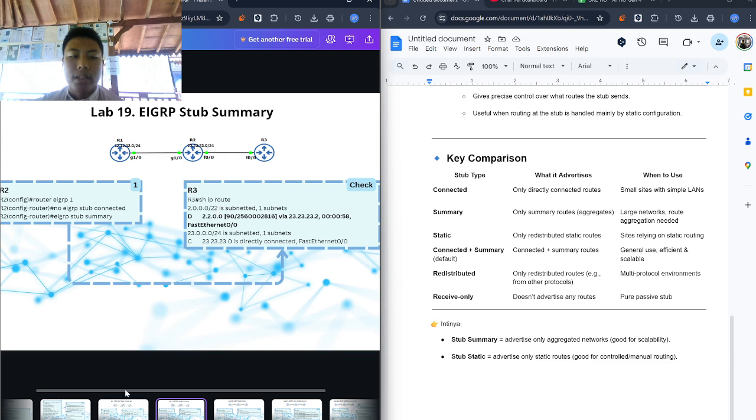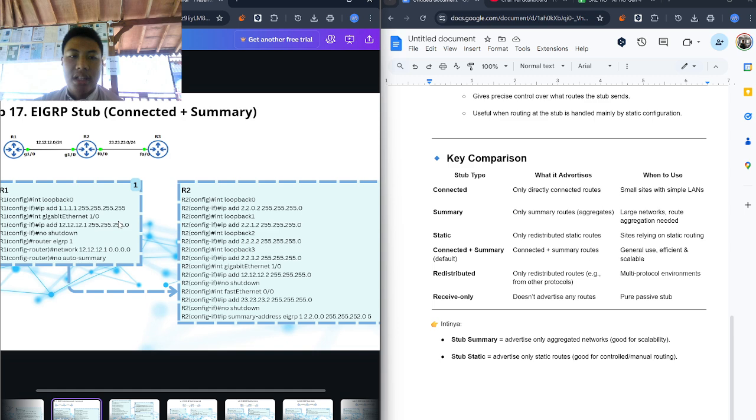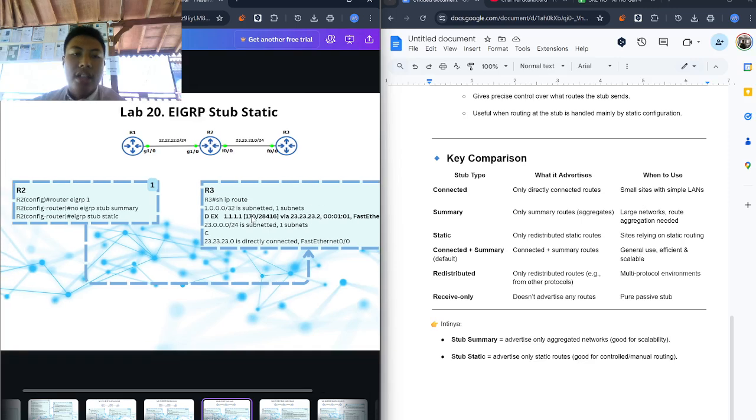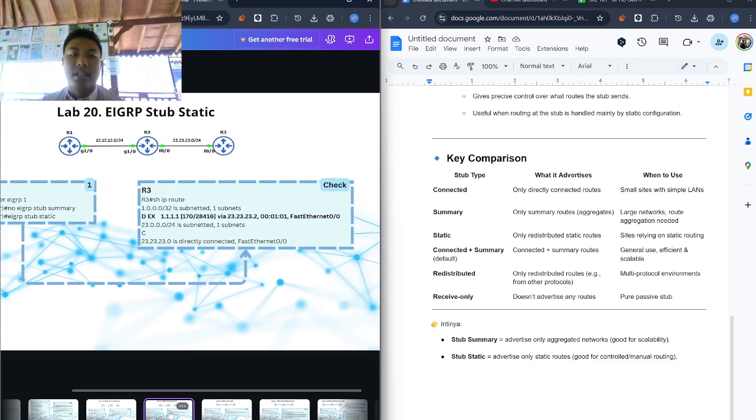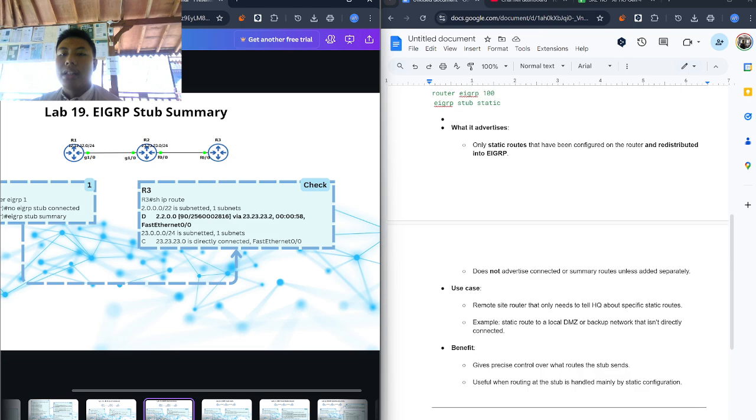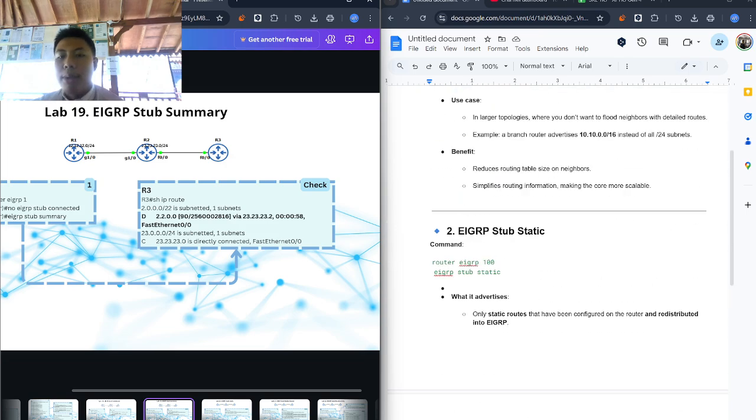Only like that, because before you already configured EIGRP stub connected and summary. After that, we go to EIGRP stub static. In router EIGRP 1, don't forget to remove the EIGRP stub summary with no, and after that change to EIGRP stub static and show ip route. We will change like this. Simple, right?